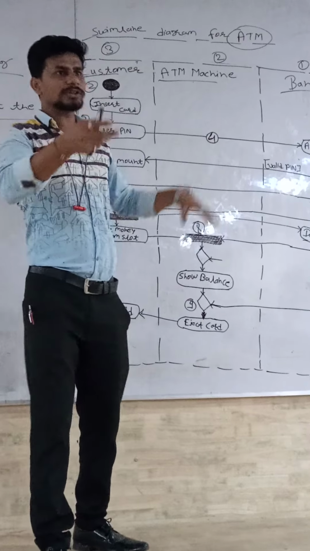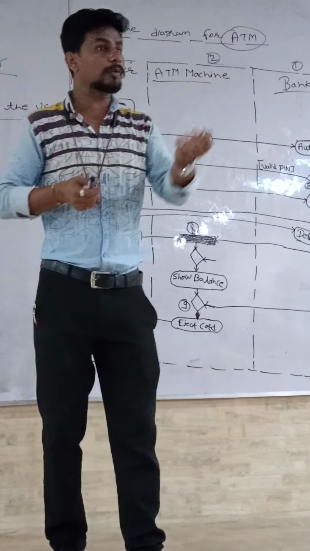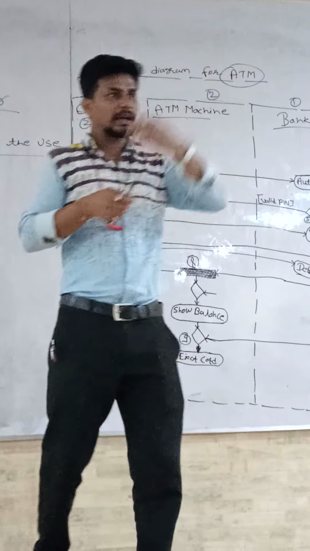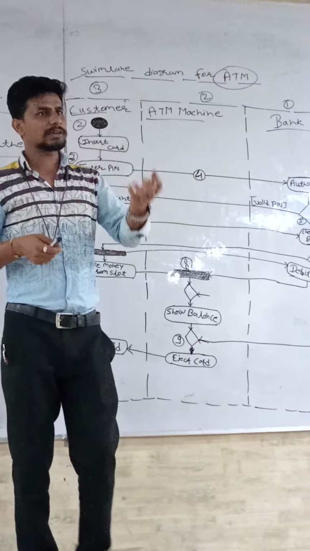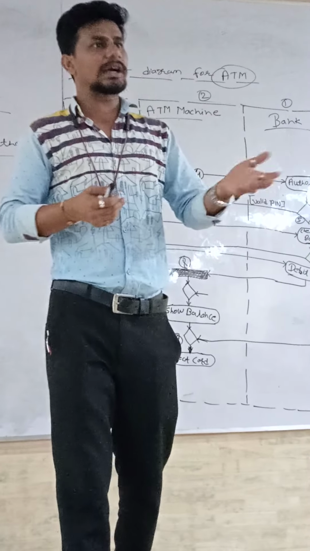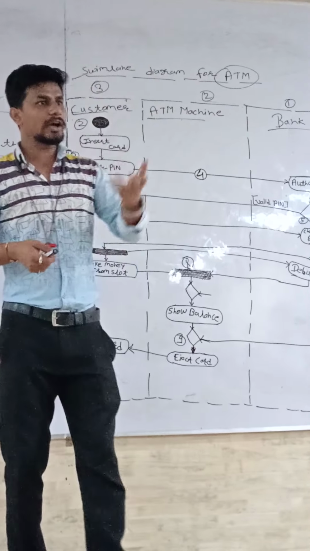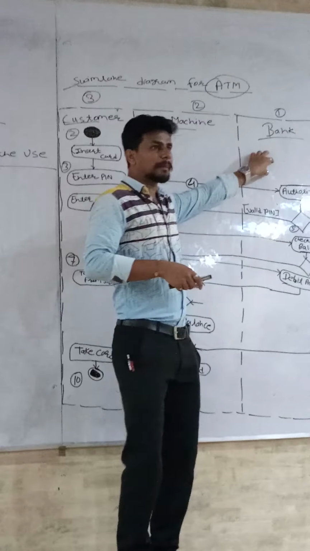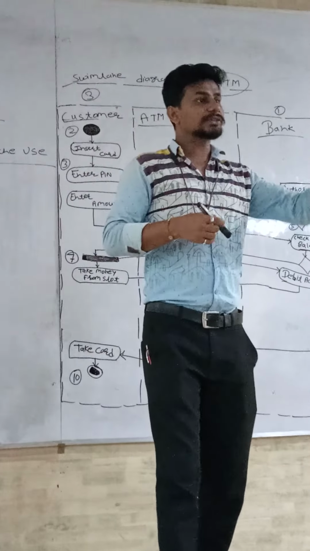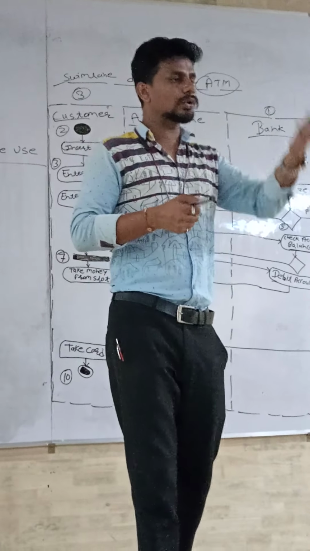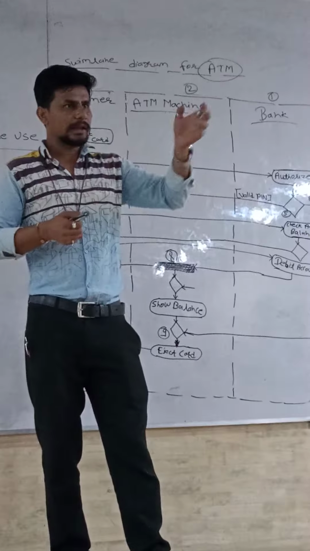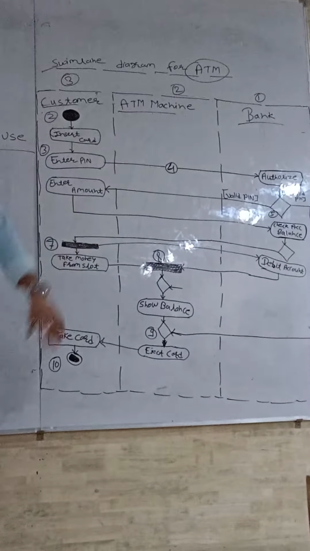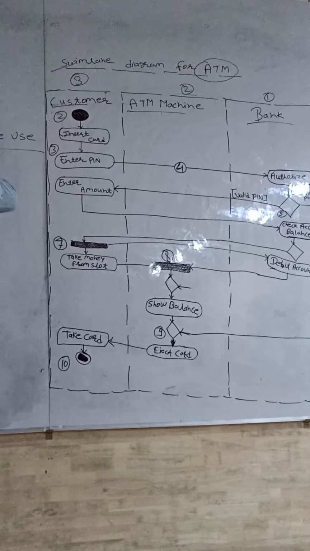So the ATM machine is like the swimming pool machines. In the swimming pool, what are they providing? They are providing water. In that water they are providing chlorine for cleanness of water, and if there is some dust or garbage present, they clean it. We are only going, leaving and coming, right? And after that the next process is our bank. Bank is nothing but the construction, those who are developing a swimming pool lane. This is nothing but your banking server. So for the ATM purpose, what type of process they will perform, we will learn in this problem.